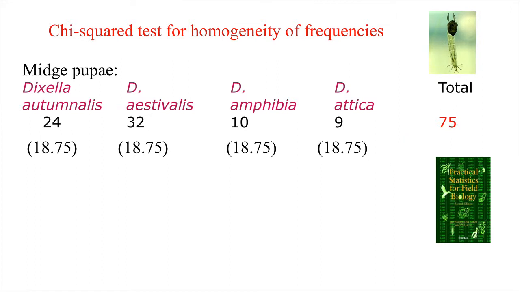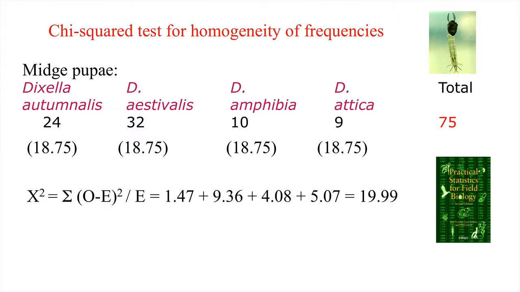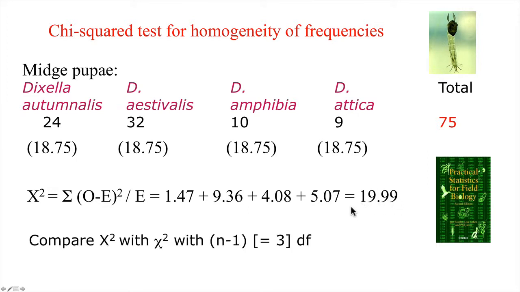How do we compute the test statistic which we compare with the chi-squared? Well, here it is. For each of the observations and expectations, we work out the difference between observed and expected. We square it and divide by the expected, which is 18.75 in each case. When we sum for each of the 4 classes, then we get a value of 19.99, which we can then compare with a classical chi-squared distribution for the number of classes minus 1, which is 3